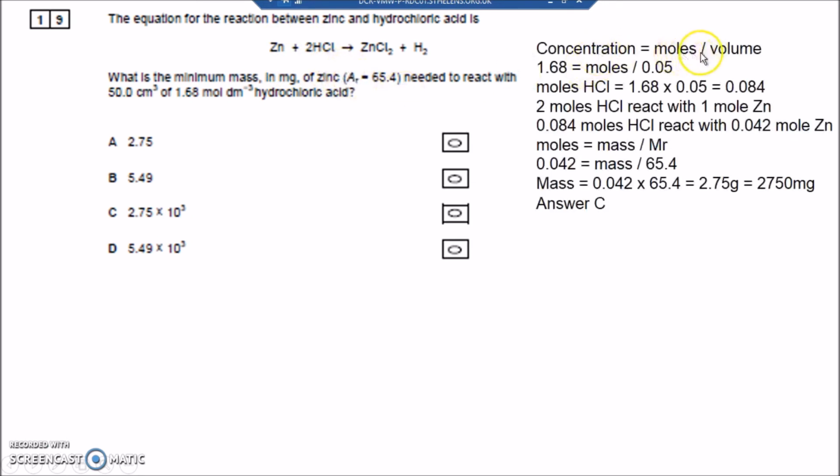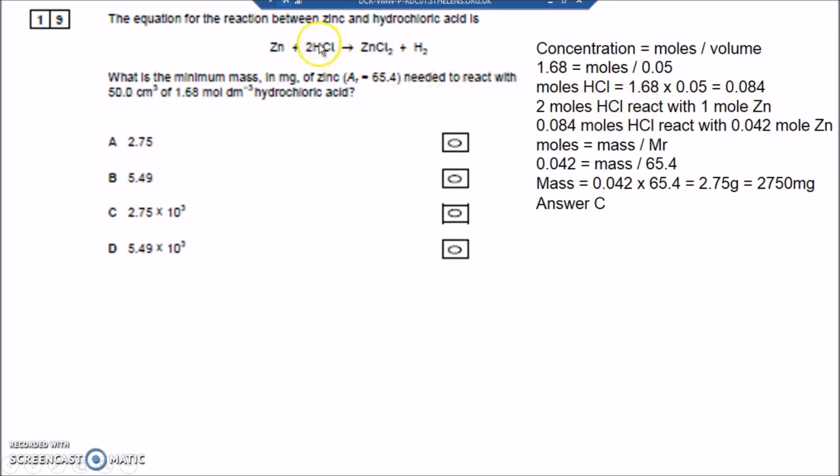So concentration is moles divided by volume. I spotted that because I've got two pieces of information about the hydrochloric acid, so it wants me to work out the third unknown. I've got to put 50 centimetres cubed into decimetre cubed. That's a smaller unit value, centimetre cubed, than decimetre cubed, so I'm dividing by 1,000. 50 divided by 1,000 is 0.05. So concentration is moles divided by volume. 1.68 is moles divided by 0.05. Moles HCl, 1.68 multiplied by 0.05,